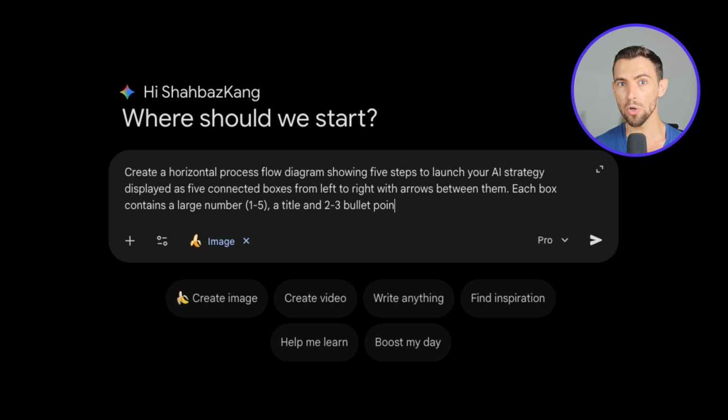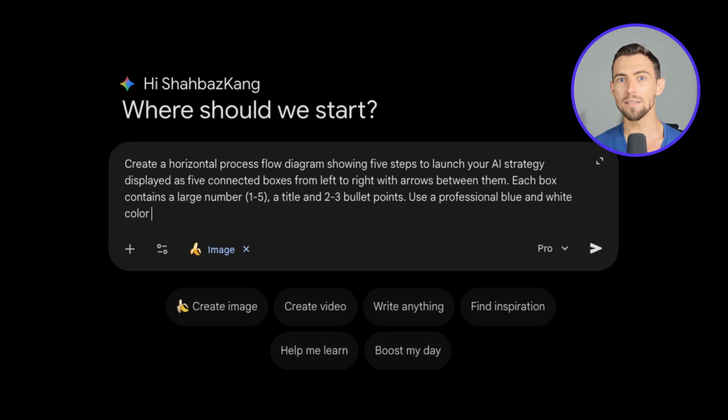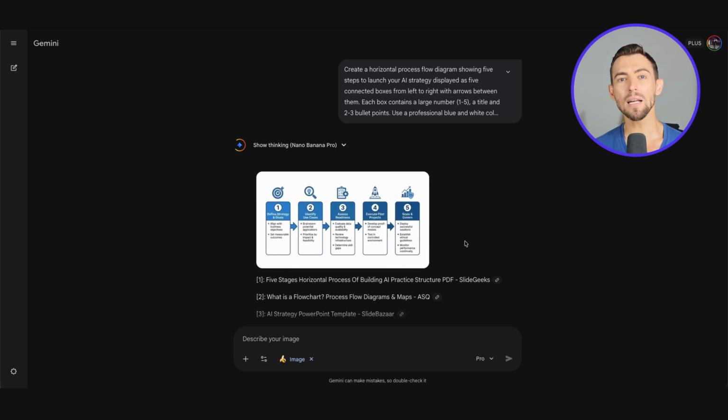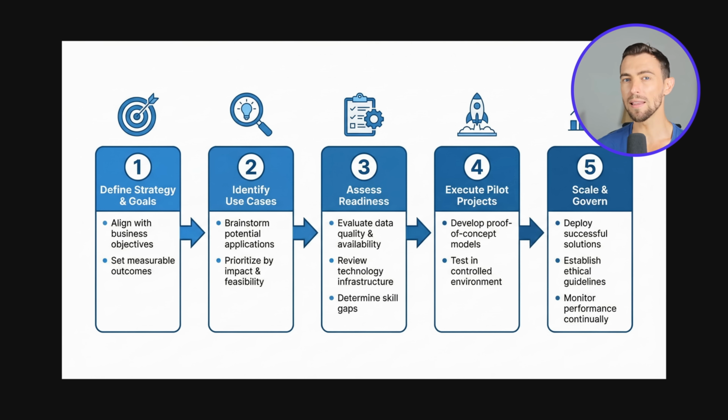Use a professional blue and white color scheme. Add icons above each box representing the concept. Style: modern business, presentation, high readability. Generate. Now you've got a clean process flow that you can literally use in a slide deck, a client doc,